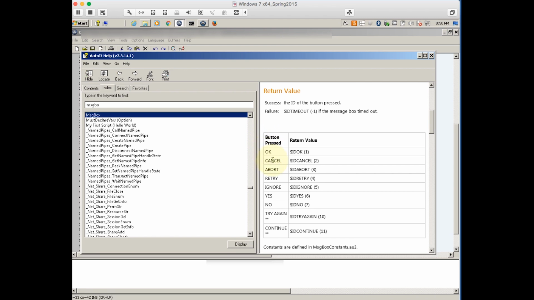You'll notice when these buttons are pressed that we've got the same kind of thing that we did below, right? They're giving us variable names and then what their value is. So if they click yes, it's going to send a 6. If they click no, it's going to send a 7. Or if the box times out, it's going to be a -1. Okay, so